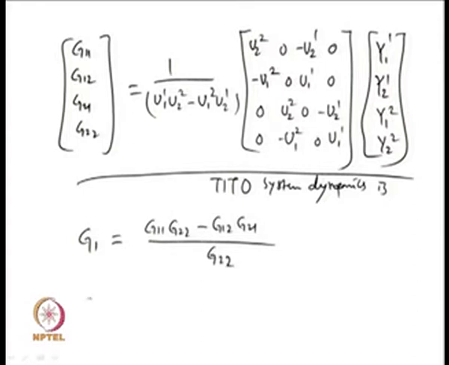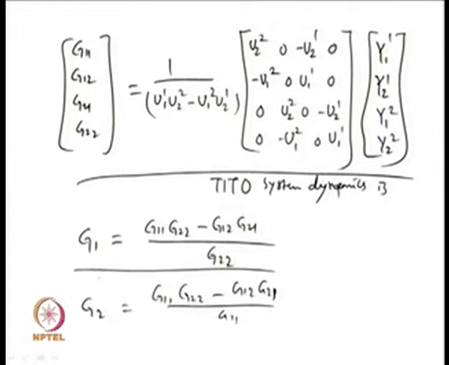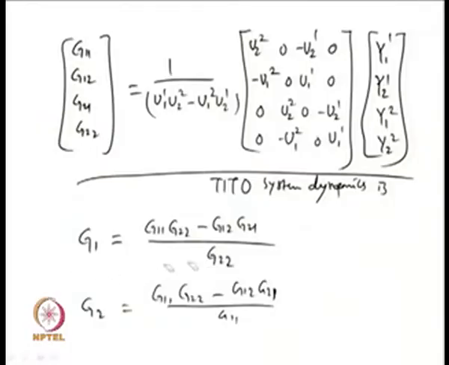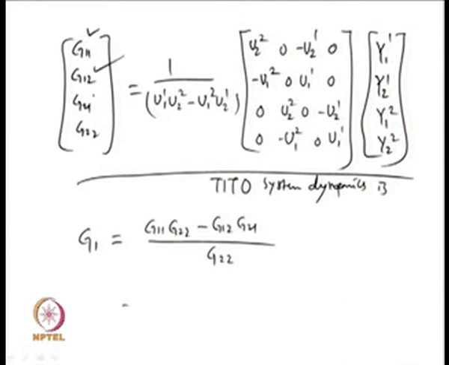Similarly, an expression for G2 can be written, where in this case it will be (G11 G22 minus G12 G21) divided by G11. So, these are the two decoupled transfer function representations of the TITO system dynamics. When I consider the upper one, upon substitution of G11, G12, G21, G22 in this expression, I then get finally